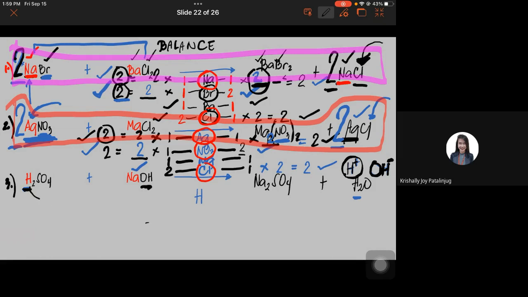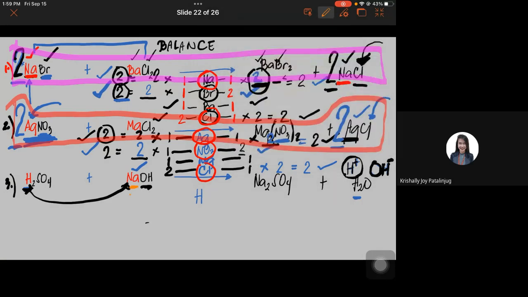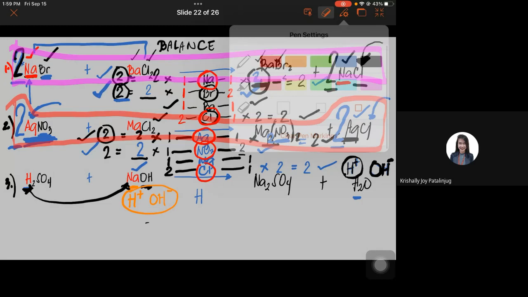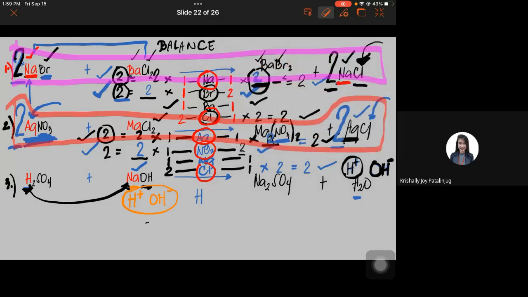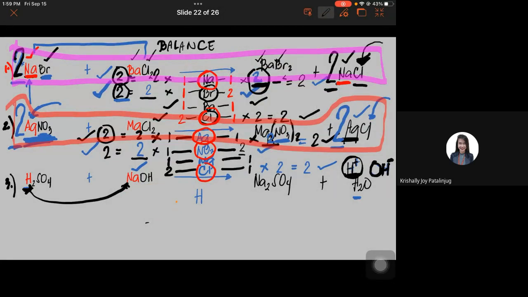Remember, after you switch the ions, hydrogen ion and sodium ion, in replacement of sodium here, you now have H plus and OH. This is where water came from. That's why I break it down there on the product side. Okay, it came from one H plus, one H, and one OH. So meaning to say,